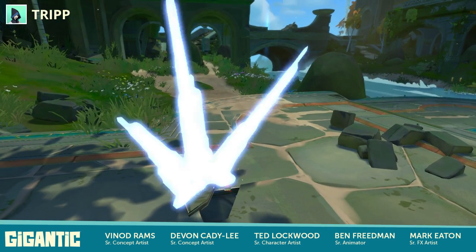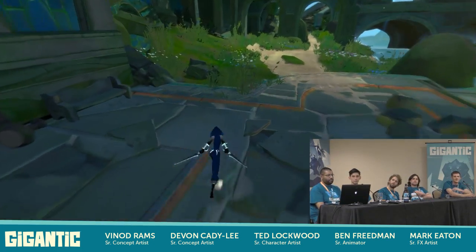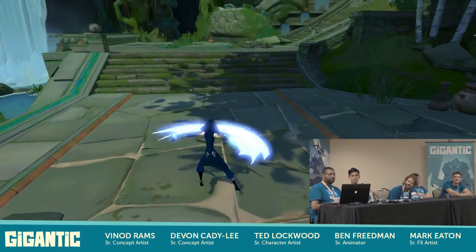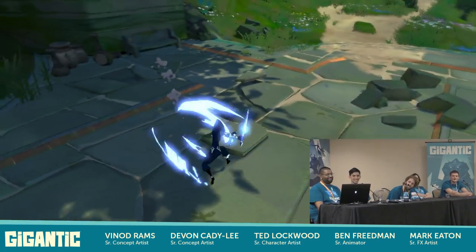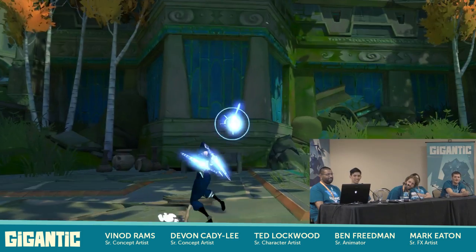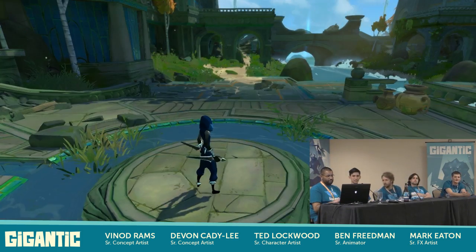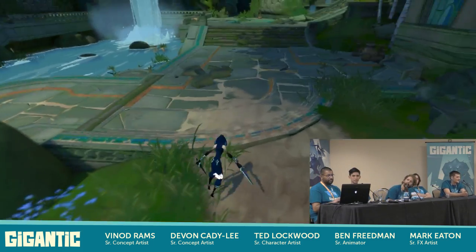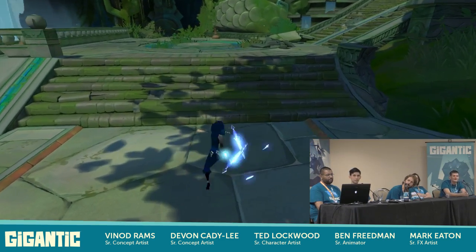Yeah. So, full screen. This is sort of just a little preview. Obviously, some of you are familiar with this stuff, but this is the rogue's abilities, where she's gone from just her concept state to really honing in. It's like, hey, this is what she does. This is what we're trying to exemplify, taking that initial concept, that initial idea, that initial purpose to be: this is an assassin, this is danger, this is something that is going to hurt you,